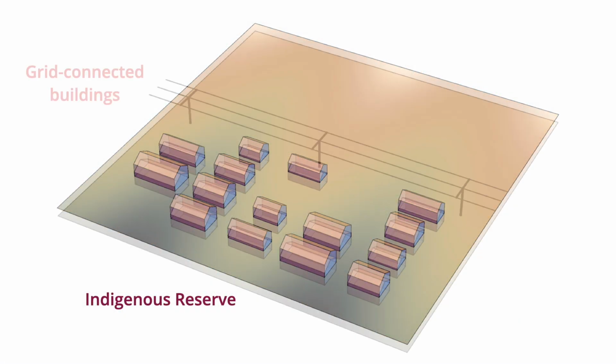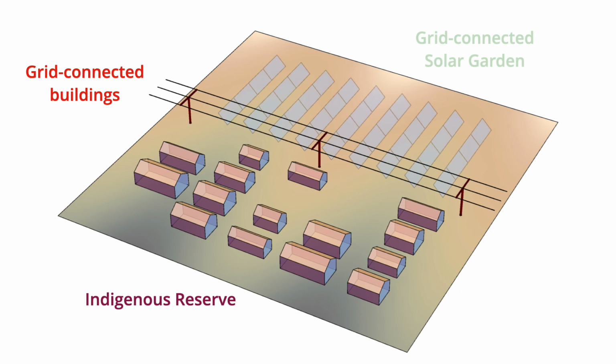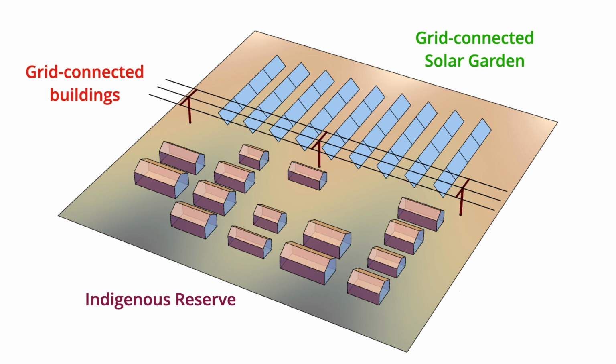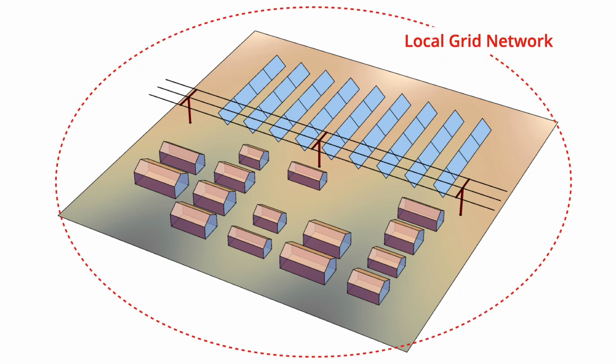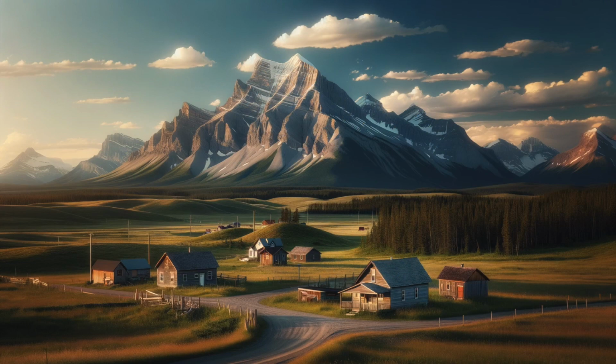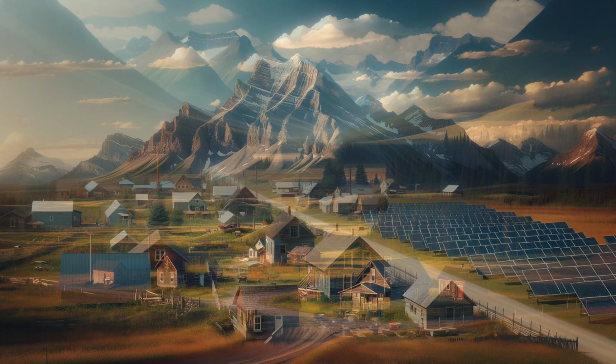Inside an Indigenous reserve, connected to the grid, the community may install a solar garden, also connected to the grid, and scaled to its local energy needs. The solar garden generates credits that displace the electricity bills of the members of the community under virtual net metering. Scaled to the local electricity demand, the solar garden won't require long-distance power transmission, and will create a more efficient distributed energy network. In conclusion,